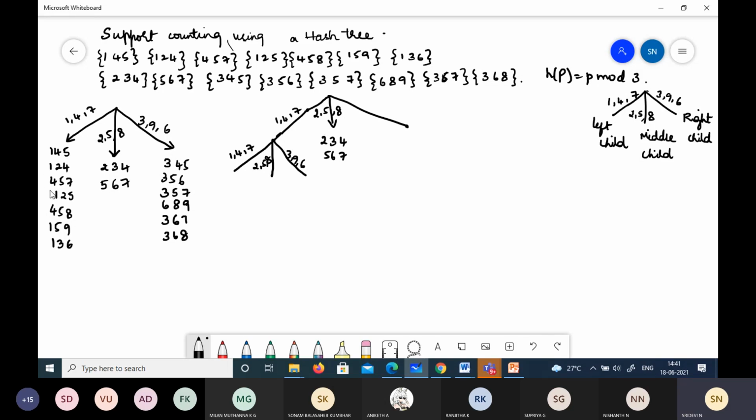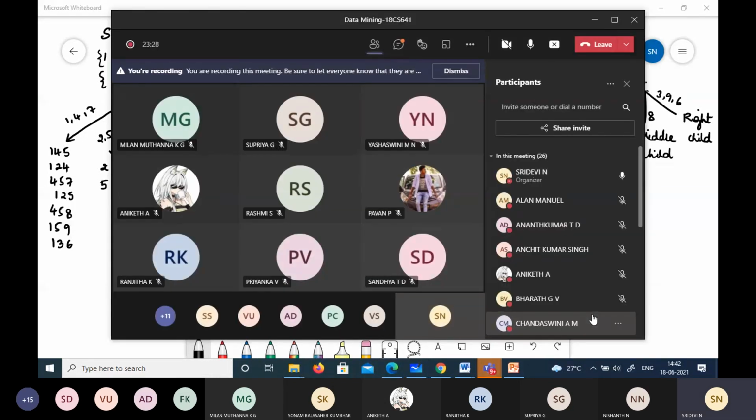So first digit, look into this and tell me now. We are considering the second digit. So 1, when it comes here, we should take the second digit. So where does this 145 fit in? I want everybody to answer, not only one. So we are taking into consideration the second digit now. Yes. We know that it is to the left. 145 is to the left. From here, to which branch should I add that 145 candidate? Left. Consider the second digit. Yes. Which child?